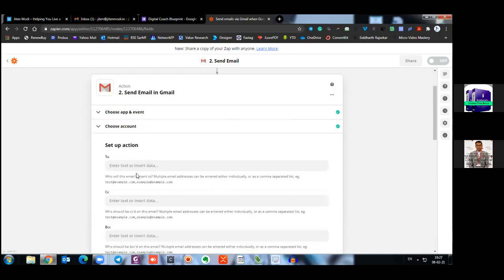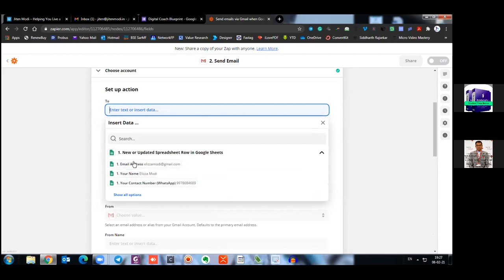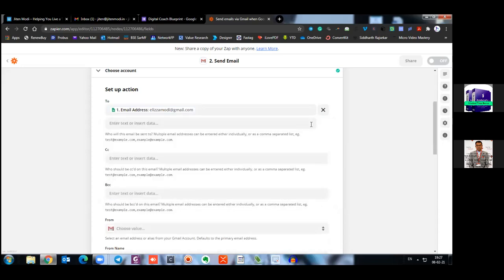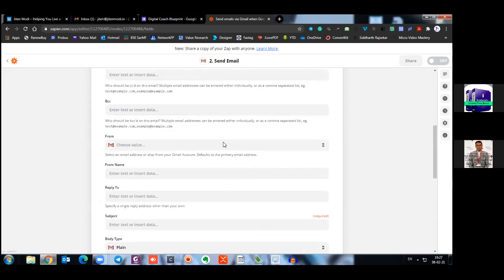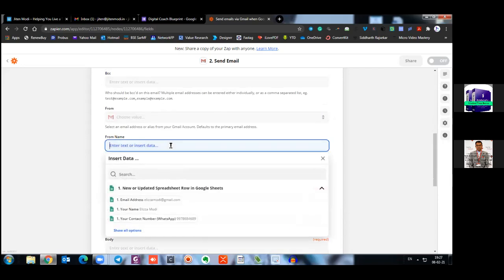So once you continue here, you need to select a particular thing. We need to select an entry area like email address. We require an email address from the form. So we are selecting email address, and sir, just scroll down. Now CC/BCC, we are not doing anything. From value, because we have already signed in to that account, it will take it. So you can just write a name over here.